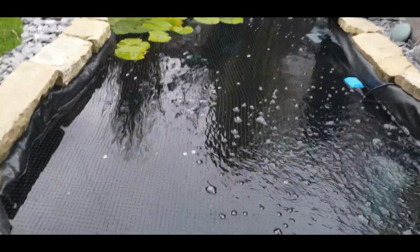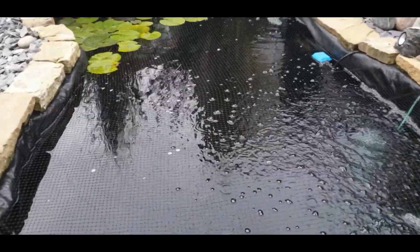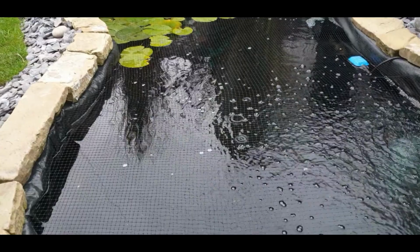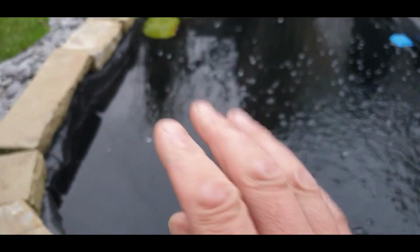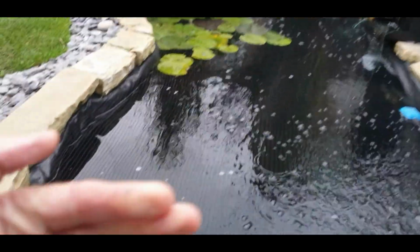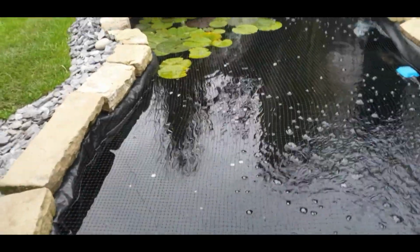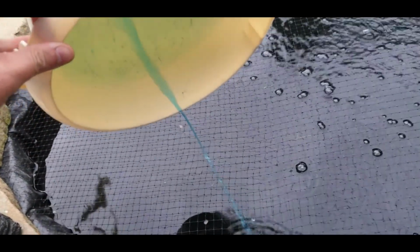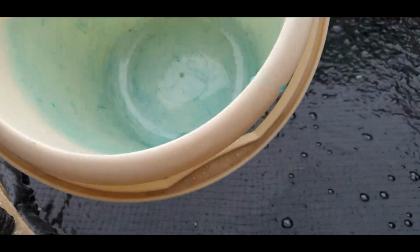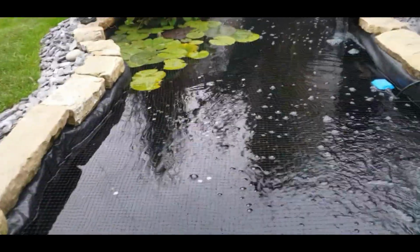So if you're going to do something and you're going to use any of this kind of stuff, one, it doesn't wash out, as you can see, it stains your fingertips, so it's very strong. If you get it on your clothing, you can see there, only a tiny little splash, but it does stain. If you get it on any clothing, it's going to stain it. And any buckets like this, it does stain the buckets, but I have used it before in the past. As you can see, this bucket's had many a treatment in it before,